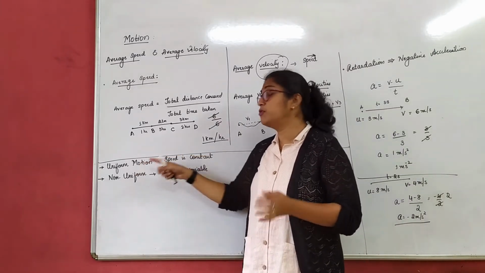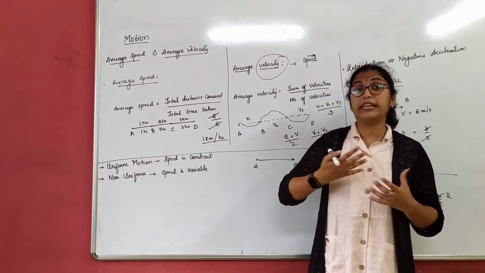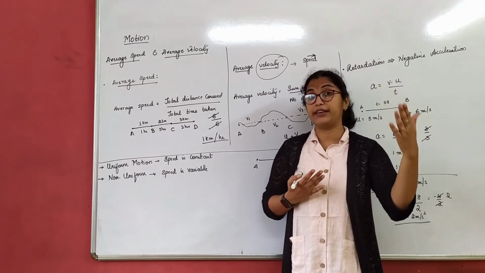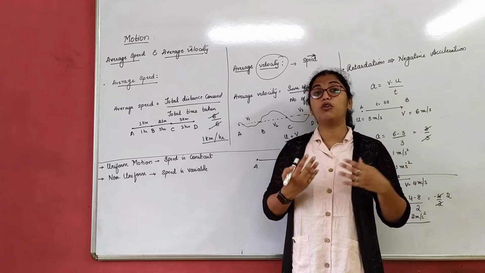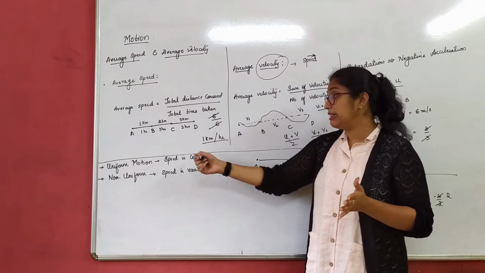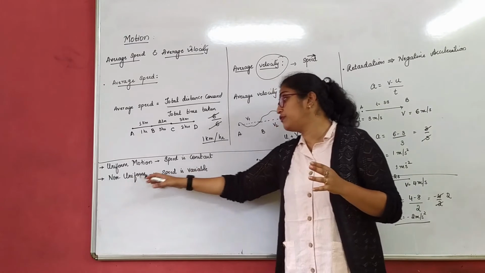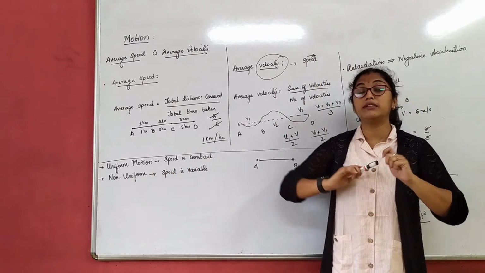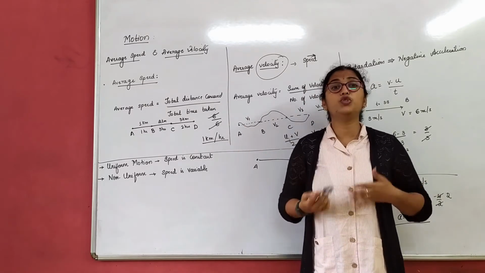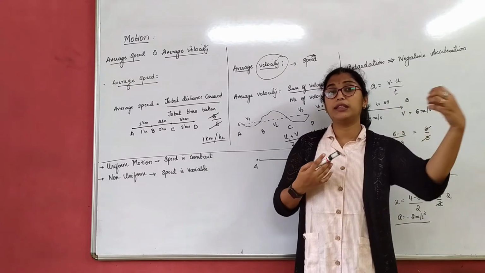So when we talk about uniform motion, we are talking about constant speed. Basically where can we maintain this constant speed? We usually maintain this on the highways, right? Because everybody will go at the same pace, on the same lane, right? That's more important. There we usually follow the constant speed. But when we talk about non-uniform motion, the speed is variable. Speed increases or decreases. That is in the usual routine when we go out, our speed increases or decreases depending upon the given situation.